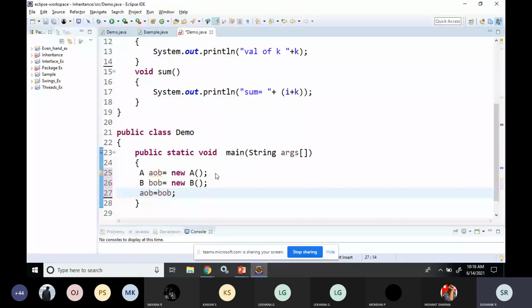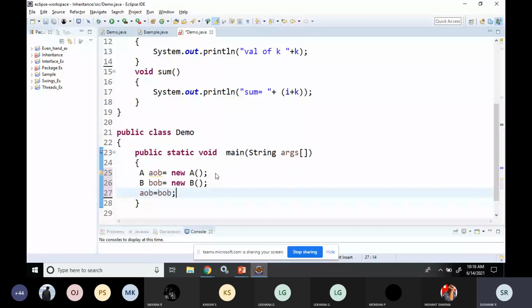So what I did: we have two classes, class A and class B. Class A contained two variables and one function, and class B contained one variable and two functions.